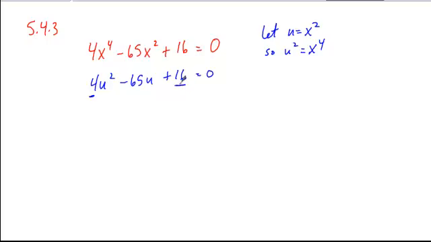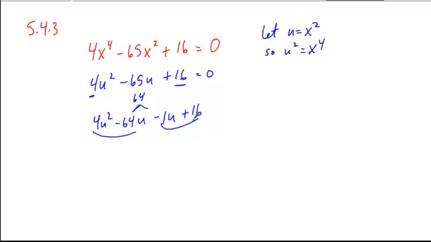So here, since our leading coefficient and constant are not prime numbers, I'm going to go ahead and multiply them. 16 times 4 is 64. Two factors of positive 64 whose sum is negative 65 is negative 64 and negative 1. So I'm going to rewrite my middle term as the sum of those, drop down my first and last terms,